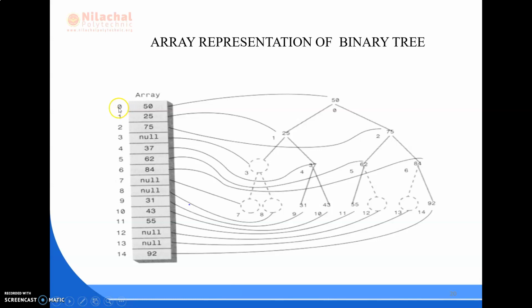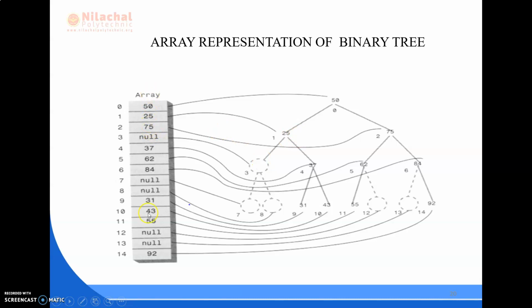It is not necessarily always starting from 0, but for reference we always take the array starting from 0. At the end of the array the last index is 14, so the total size of the array is 15.